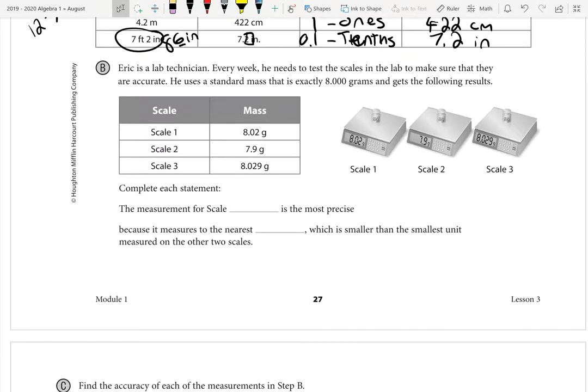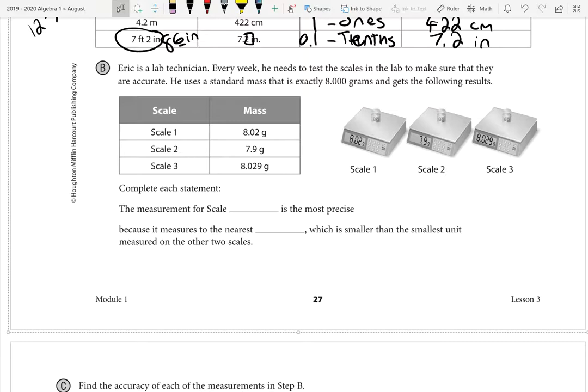Okay, so Eric is a lab technician. Every week he needs to test the scales in the lab to make sure that they are accurate. He uses a standard mass that is exactly 8 grams and gets the following results. So now, complete each statement. Well, first let's look: scale 1 is 8.02 grams. Scale 2 says 7.9 grams, and scale 3 says